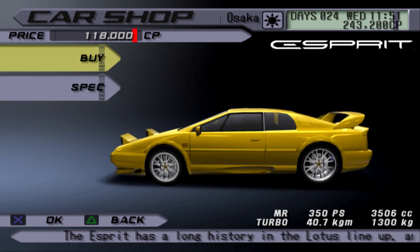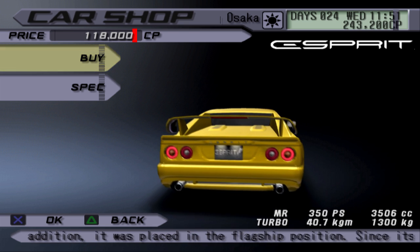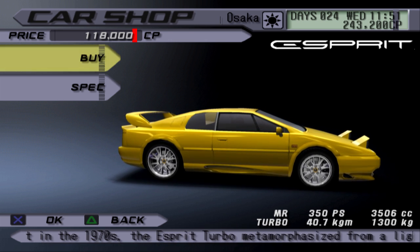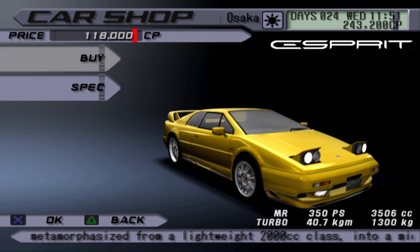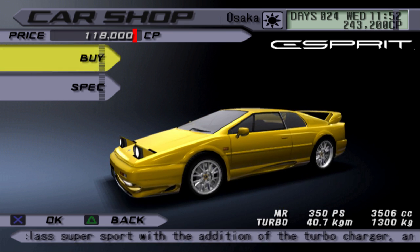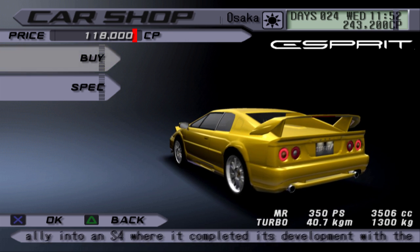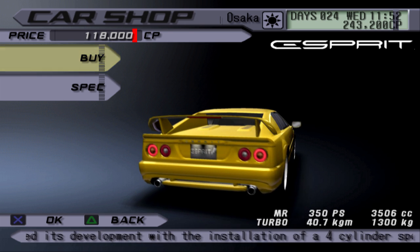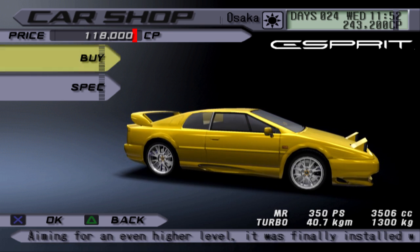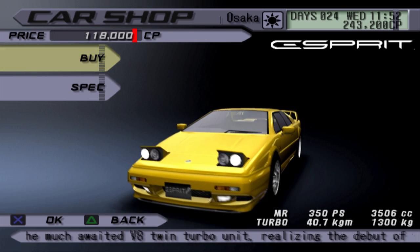So, the Esprit has a long history in the Lotus lineup, and in addition, it was placed in the flagship position. Since its debut in the 1970s, the Esprit Turbo metamorphosized from a lightweight 2000cc class into a middle-class super sport with the addition of the turbocharger, space to be emphasized, and finally into an S4 where it completed its development with the installation of a 4-cylinder sports. Aiming for an even higher level, it was finally installed with the much-awaited V8 twin-turbo unit, realizing the debut of